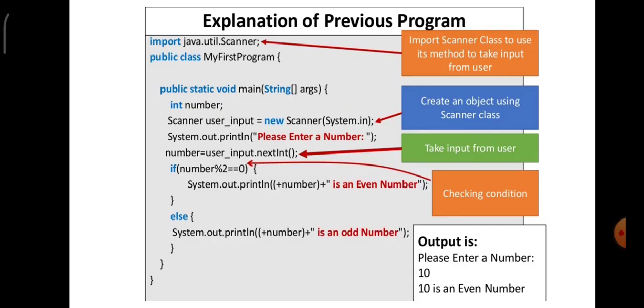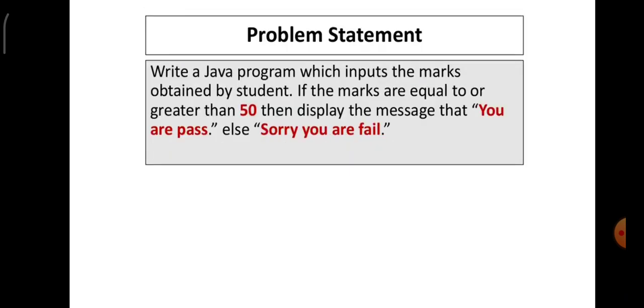So if the condition is true, now it is going to print System.out.println(number + " is an even number"). In the place of number, the number 10 is displayed. So "10 is an even number" is displayed to you, and since the top if statement is already executed, it skips the odd number part which is given in the else statement. So there is only one output, that is, 10 is an even number.